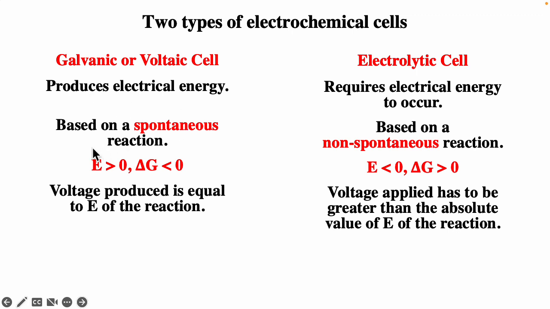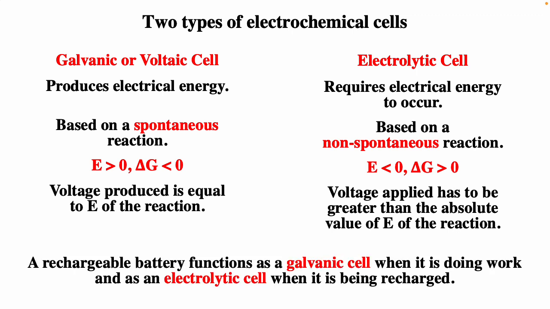Again, they'll have a positive E naught, a negative delta G naught, and K will be greater than 1. For electrolytic cells, they'll have a negative E naught and a positive delta G naught, and K will be less than 1. And so it's kind of interesting. A rechargeable battery actually functions as a galvanic cell when it's doing work and an electrolytic cell when it's being